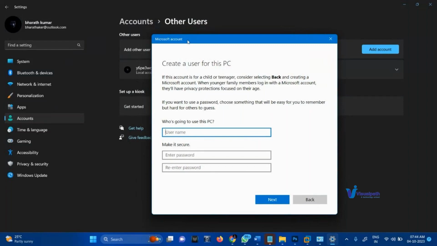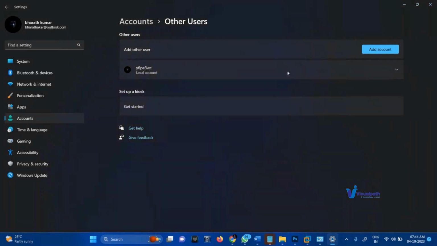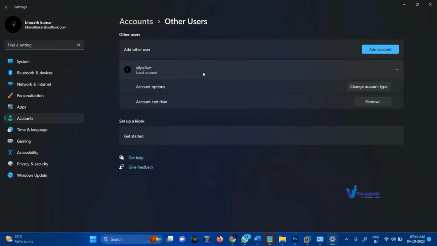That is why most people don't connect to Microsoft. But the problem is that accounts not linked with Microsoft might get hacked easily. Also, whenever you try to create a user account, it shows